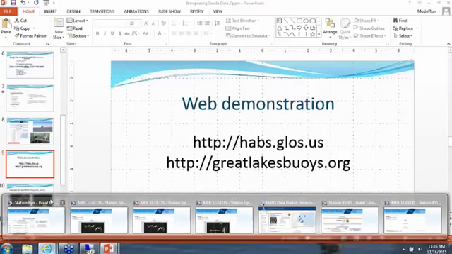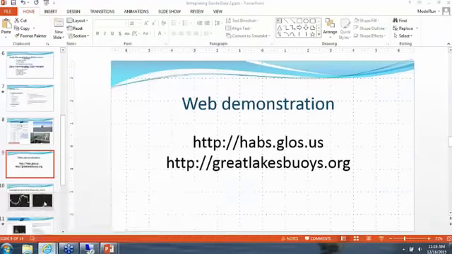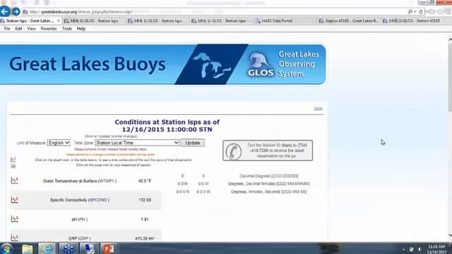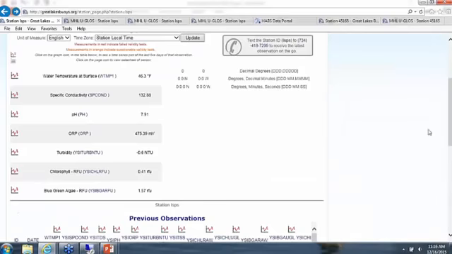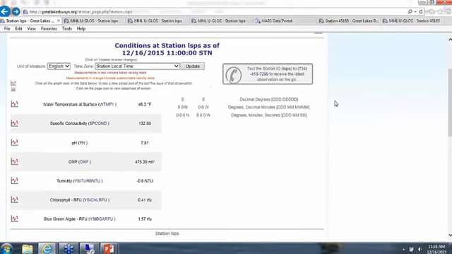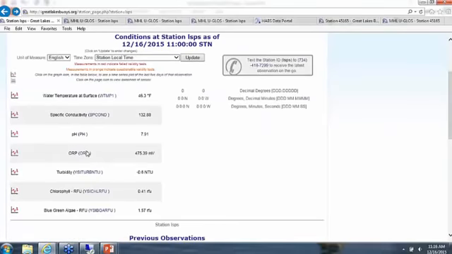I'm going to switch over here to the web to show you. This is the low service pump station sonde at the City of Toledo. The reason I'm using that is because the two sondes out in the lake, the one on the buoy and the one at the intake crib, have been removed for the winter because of ice and the fact that they could be damaged. But you can see on this site, this is today's data coming up here on the screen,